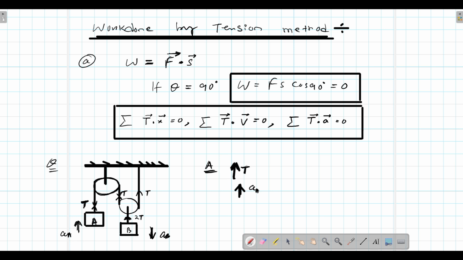Acceleration is also directed upward. So T dot A equals 0. So as T dot A equals 0, T into acceleration of A